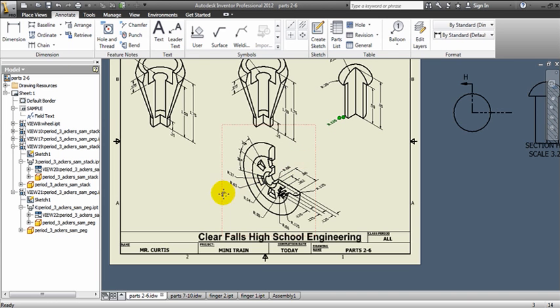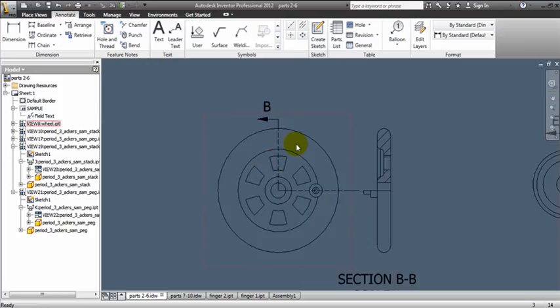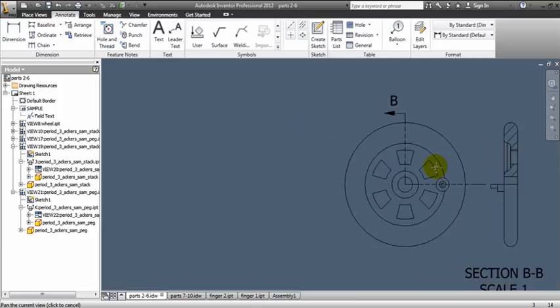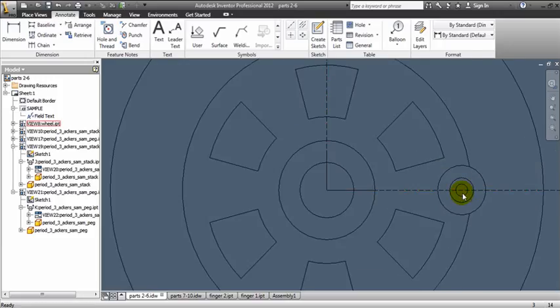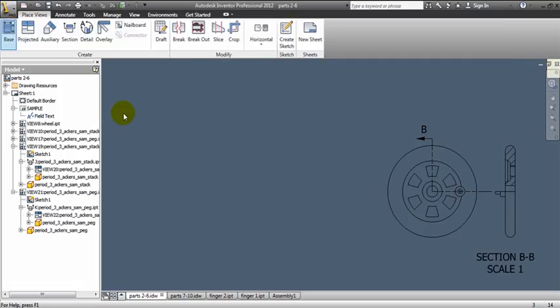Now for the wheel, we do a section cut, and we're going to lay the wheel so that it's facing us directly for the front view, or whatever view it is that you can see the wheel dead on. Now you also want to cut through the middle of this hole right here. So when you place your wheel,